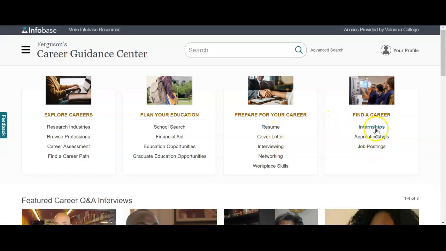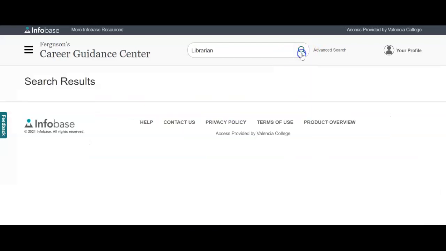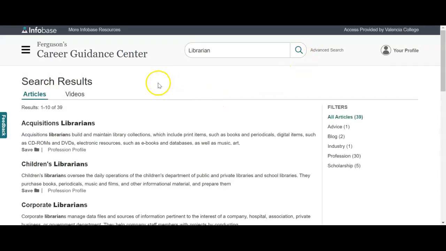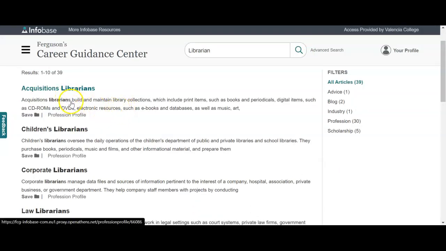And then it can also help you find a career. But really what we're going to do is use the search feature at the top. So what you're going to do is type in your future job title, not your major, not a category. We wouldn't put healthcare, we wouldn't put nursing, but we would put pediatric nurse. Me personally, I want to be a librarian when I grow up. So I'll type that in and click search, and I'll get a number of search results of, for me, all